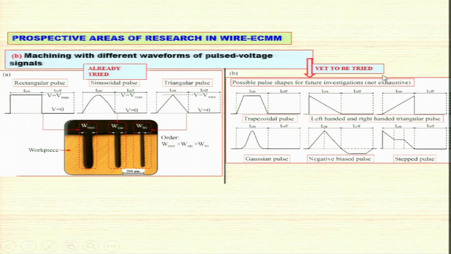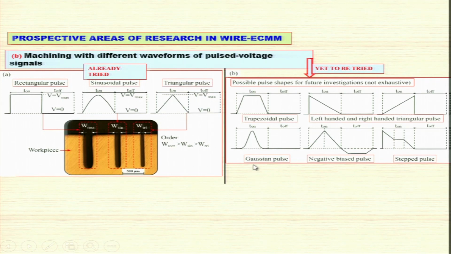Now, yet to be tried are different shapes of the pulses shown here. You have to have the proper controller so that you can get these kinds of shapes. This is the trapezoidal shape, which is different from this rectangular shape. Then you have the left-handed and right-handed triangular shapes. You can have this kind of triangular shape, or you can have the right-handed triangular shape like this. They may give different types of performance of the process. We have not conducted, at least I am not aware of anybody who has conducted, the experiment with these types